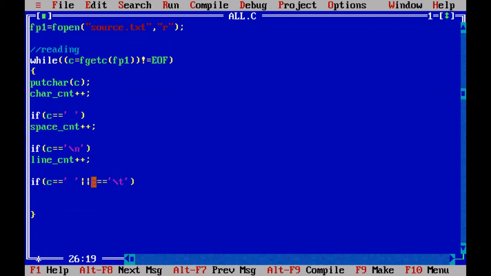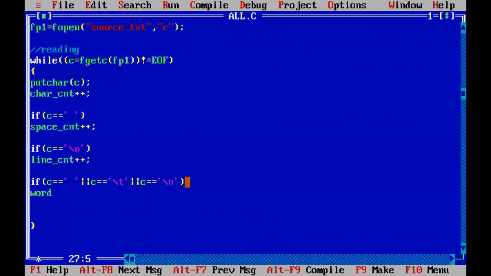Or otherwise if c is equal to new line, before a new line also there will be one word. So if there is a space, or a tab space, or a new line, we can count and assume that there is a word.